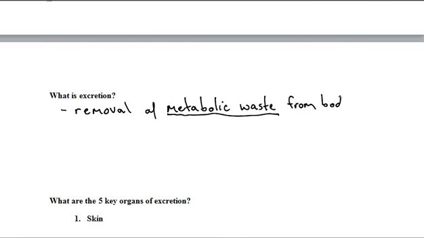So unlike elimination, where the material had never entered the cells, in excretion the material has actually been processed through the cells. So to look more closely, it's the unwanted byproducts